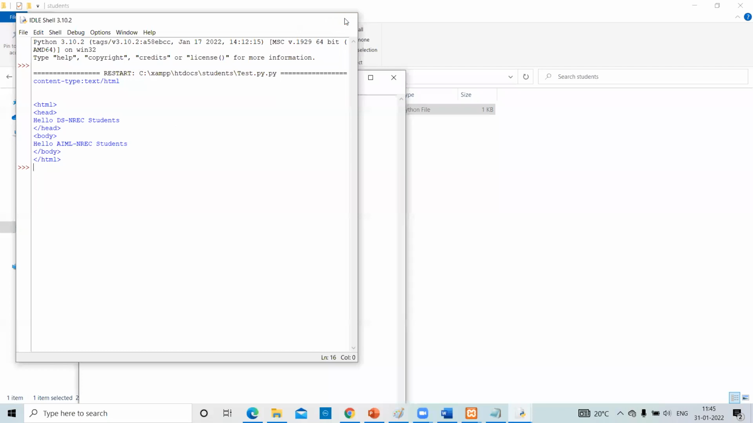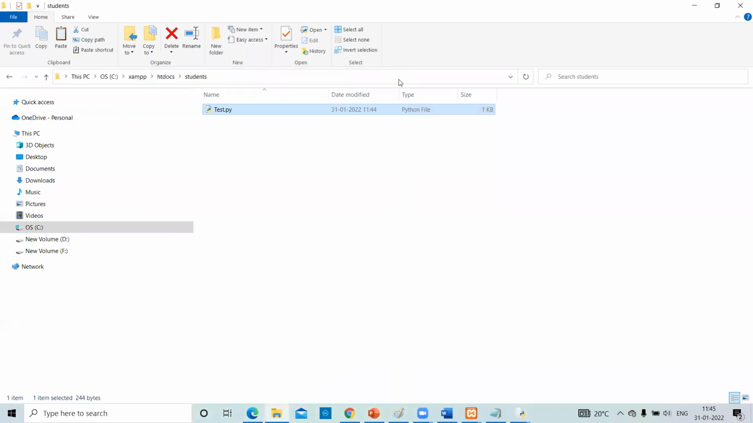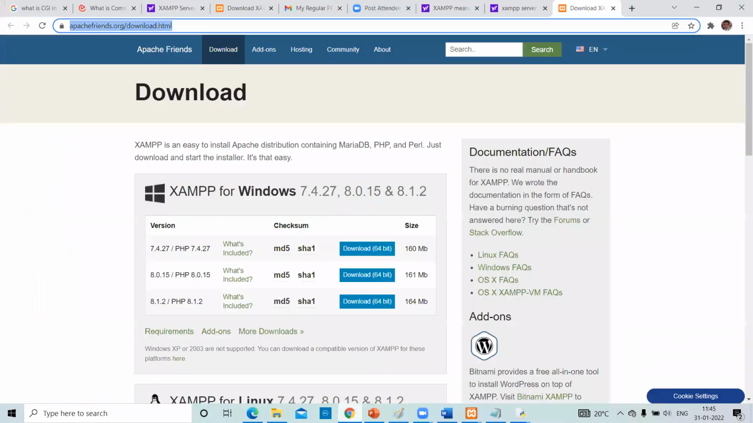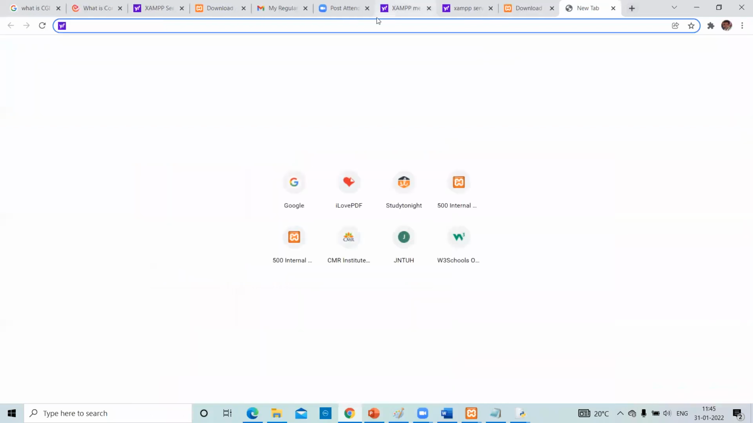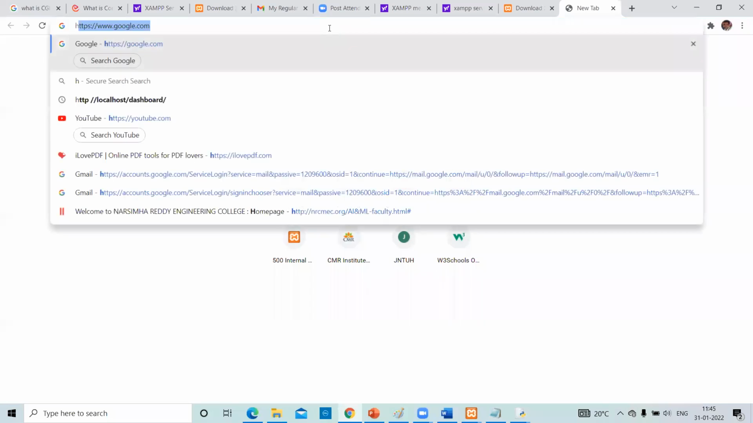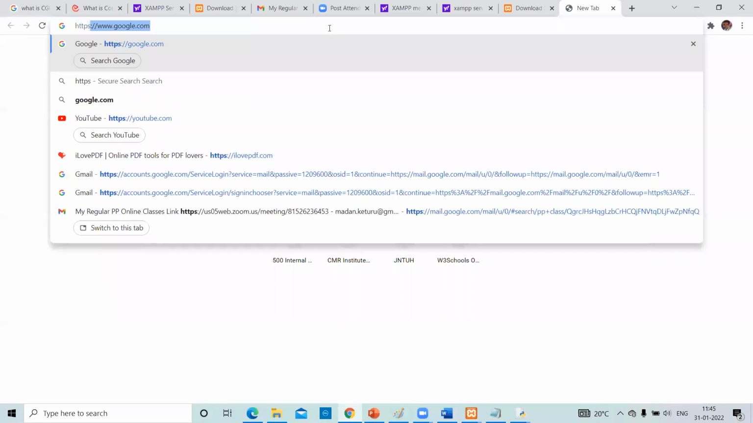We need to open this path in the browser. So what is our path? Take a web browser. We are taking localhost here. Localhost is nothing but an IP address. What is that default IP address? 127.0.0.1. So https://